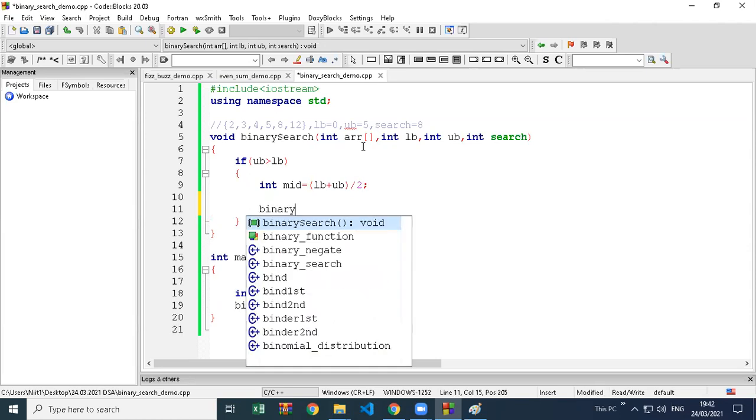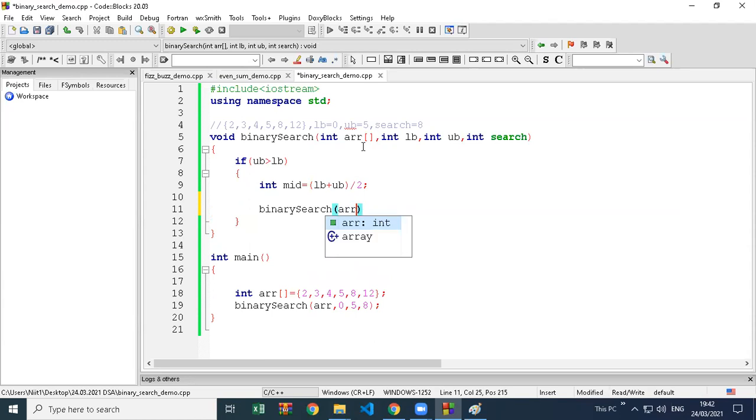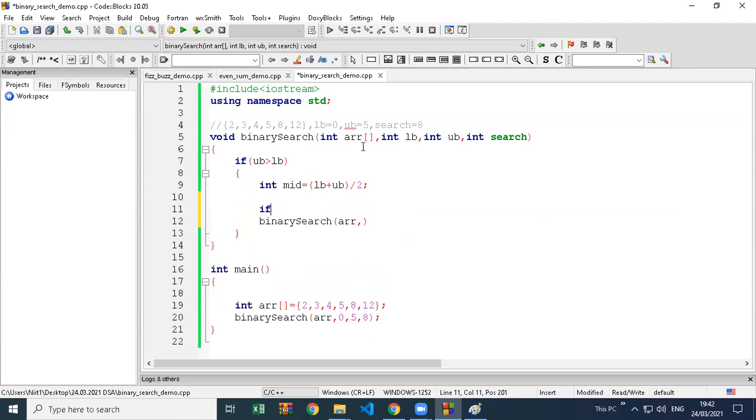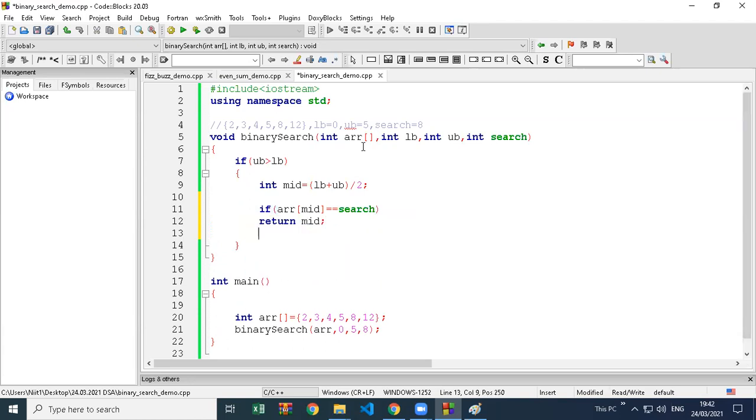And then we'll call the binary search function again, pass the array. So first we'll check if the ARR of middle is equal to the value we are searching for. If so, we'll return that number.